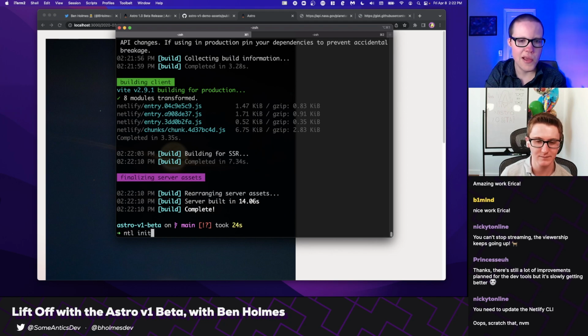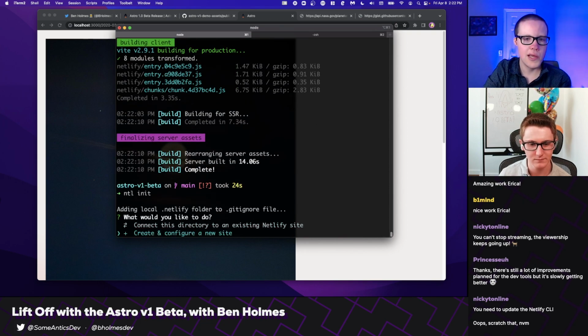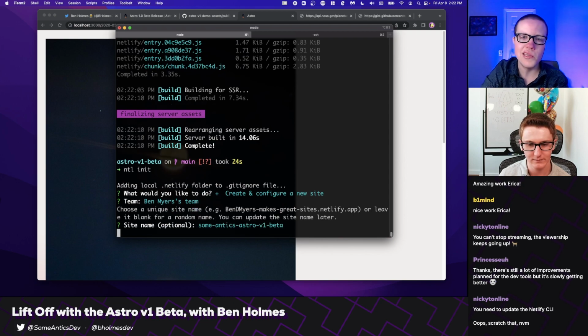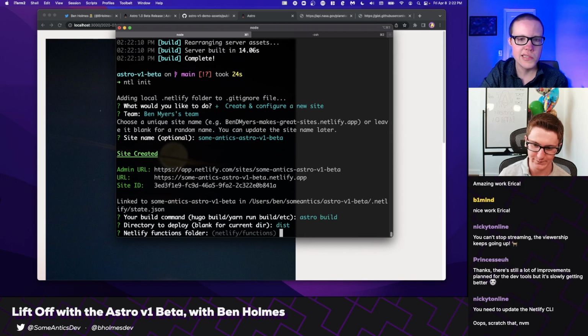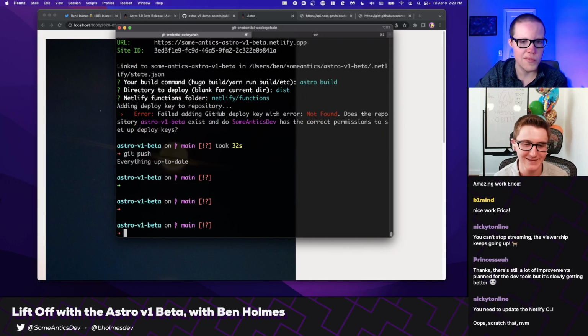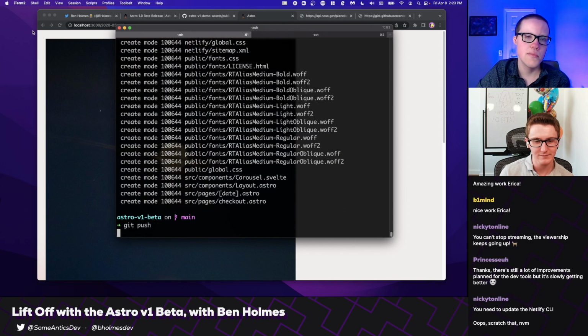Okay. Now netlify init, create a new site. Create and configure a new site. Put it on my team. We're going to call this Semantics Astro V1 Beta, being very explicit about that. That is my build command. Dist, netlify functions. There we go. Oh, I've got multiple organizations going on here. First of all, yeah, hang on. I got this. Set that up. Then